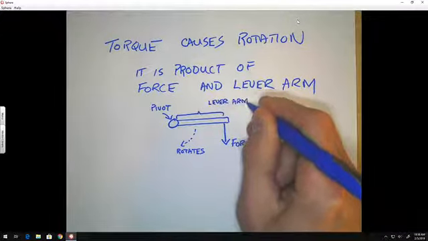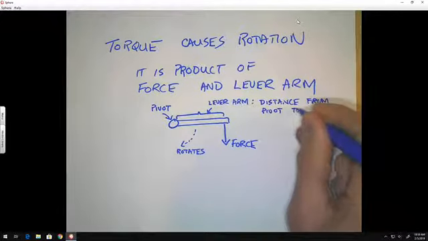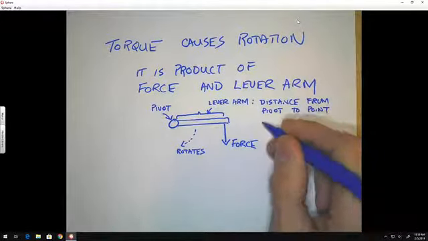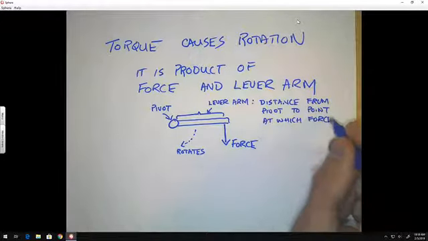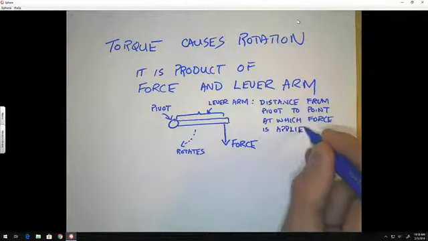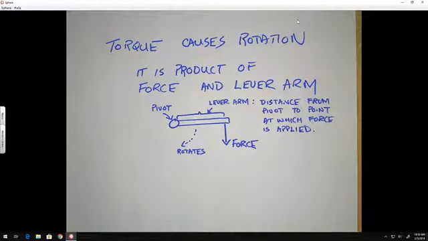And so the lever arm is the distance from the pivot to the point at which the force is applied. And I'll tell you, you need to have these two things together to cause the door to open